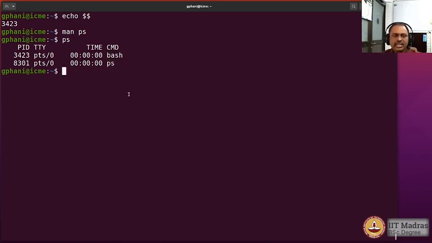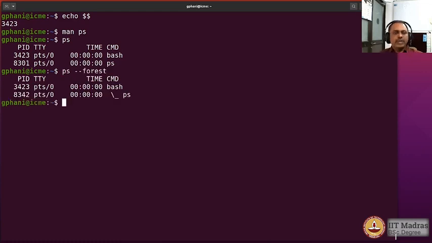And you could actually see the output of the ps command very nicely to know which process has launched which child process by using the option --forest. It would display these two characters to indicate which shell or which process has launched which other process. And the integers placed in the first column under the header PID are the process ID numbers. So when you type echo $$, the number that you get is the same as what is listed against the bash process when you run the ps command.